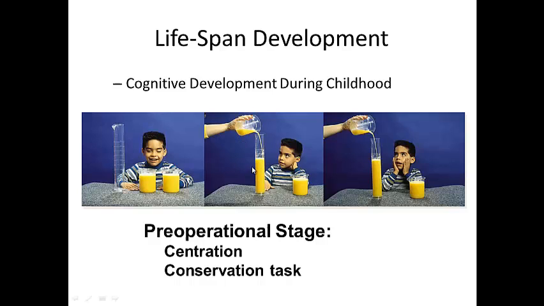in this case, liquids. But the same thing can be done with matter, for example, using Play-Doh, or with numbers, like using, let's say, a number of candies that are spread apart or bunched together. And you might have experienced this even with food.